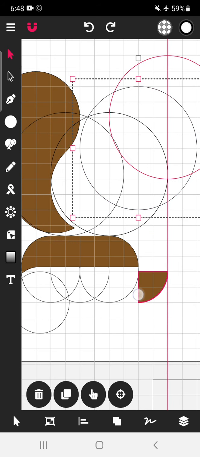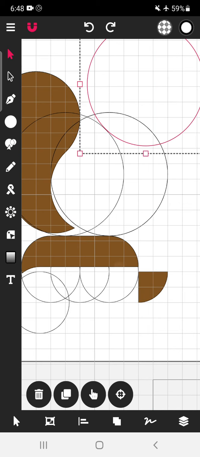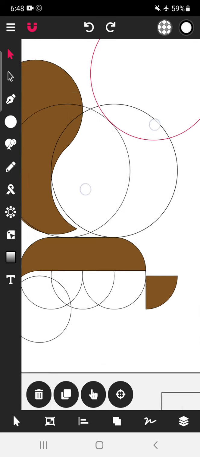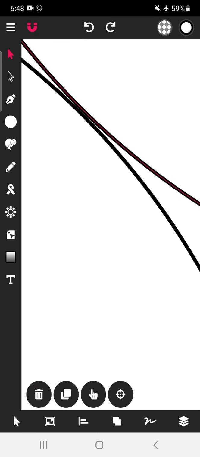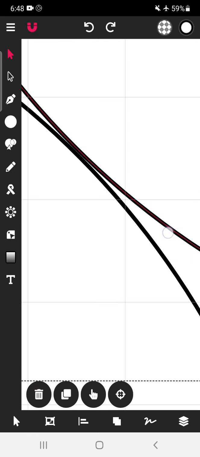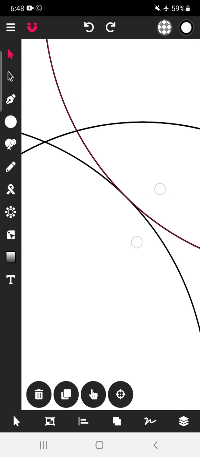And we want a curve line. So this will form a curve line like this. So let us see if it is overlapping or not. It's not overlapping. So it will not work properly if it is not overlapping, because it is a vector app.